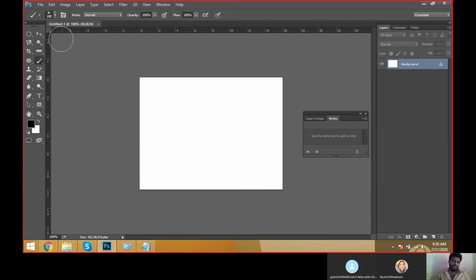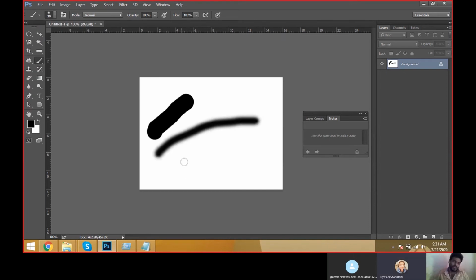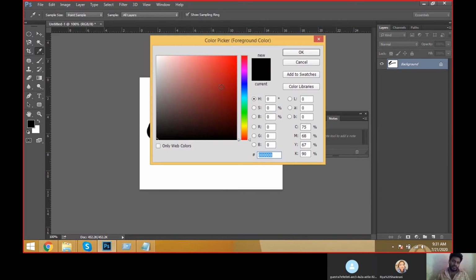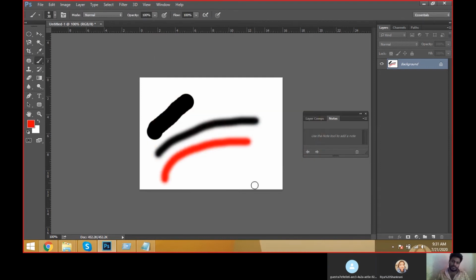Now we have two types of brushes. One is the hard brush, which means the brush edge will be very hard, and the other type is the soft brush. Like this we have two types of brushes, and we can change the color and draw with the brushes. If there is an artist, they can do brush strokes with different types of characters and shapes, everything. They have ideas at an artistic level and use brushes very frequently.